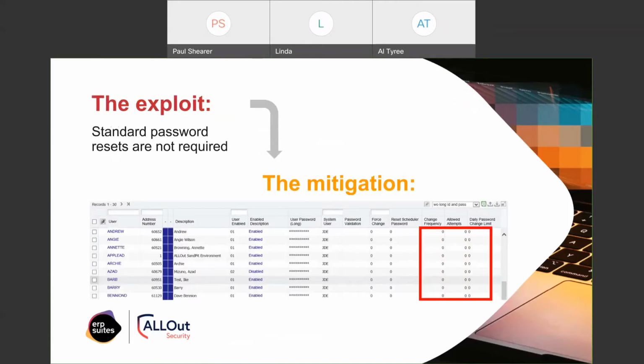In this particular screen, this is an ALLOut screen. It sits within your JD Edwards environment and gives you visibility to the users that might be in play. But in the red box, you'll notice I've highlighted some individuals that don't have a requirement for changing their password over a particular period of time. They've got unlimited allowed attempts to be able to sign in. So again, take that next step to say, do we have users that are bypassing those standard policies that are